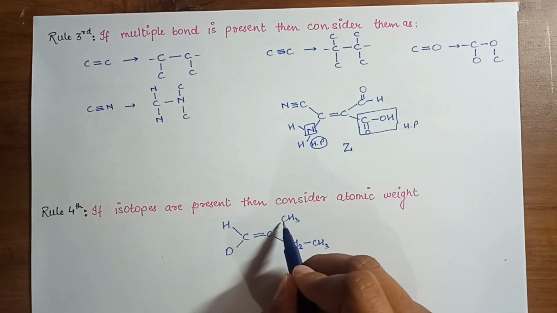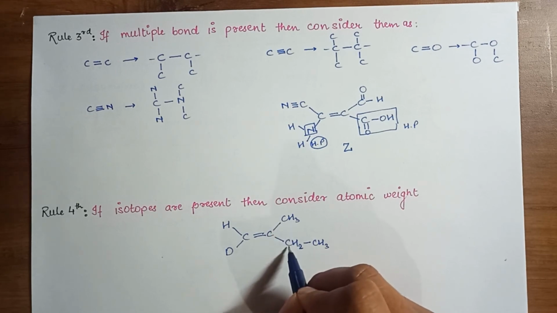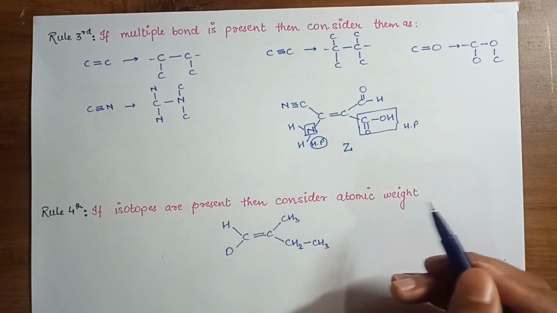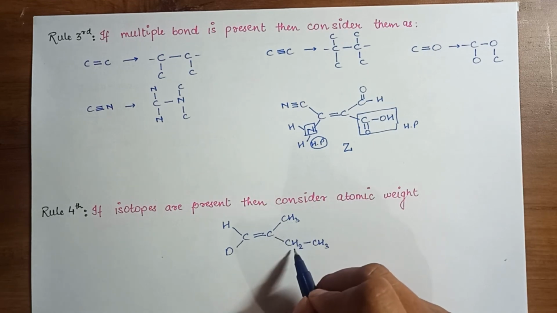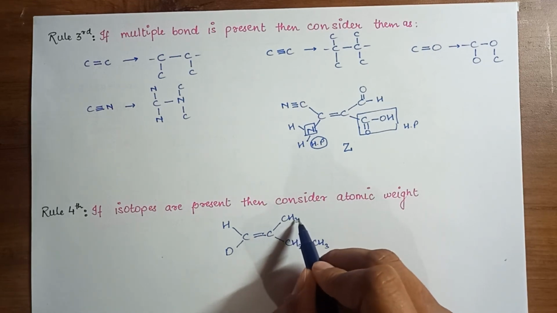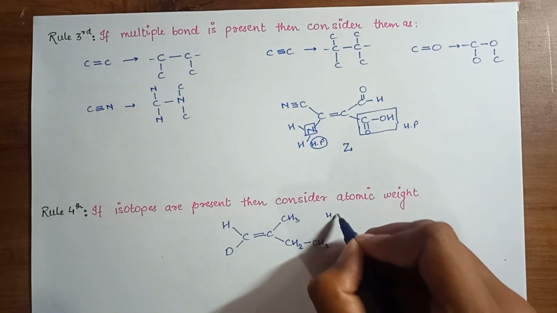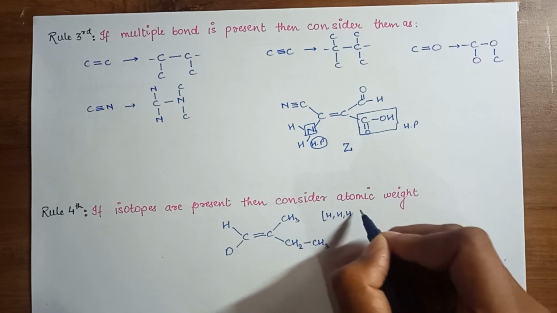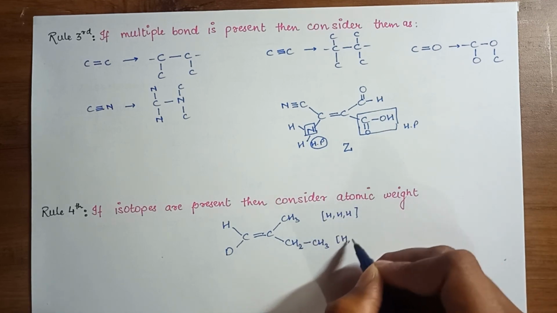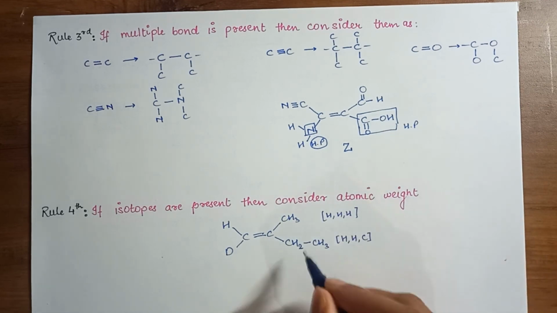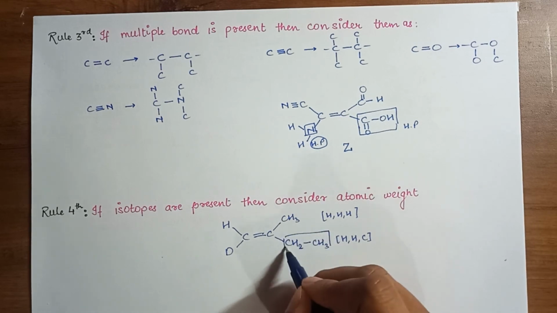Look at this carbon. The first atom is carbon. Here it is carbon. So carbon, carbon. Move to the next. Next is hydrogen. Next is hydrogen. Again next is hydrogen. Here again it is hydrogen. And the third is hydrogen. Here third is carbon. So we can represent this as hydrogen, hydrogen, hydrogen. Here it is hydrogen, hydrogen, carbon. So this group will have high priority